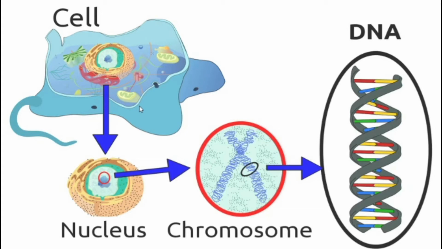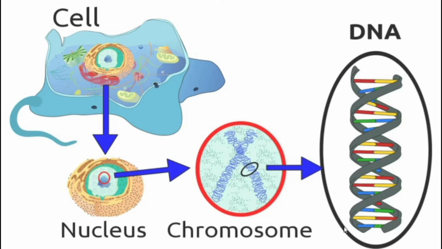A group of cells combine together and form tissues, and a group of tissues combine together and form the organ system. Basically, the structural and functional unit, that is the entire activities of the cell, is controlled by its nucleus. Inside the nucleus there is the chromosome. The chromosome consists of coiled DNA. The DNA consists of the base pairs which is responsible for the formation of amino acids and leads to the formation of protein.